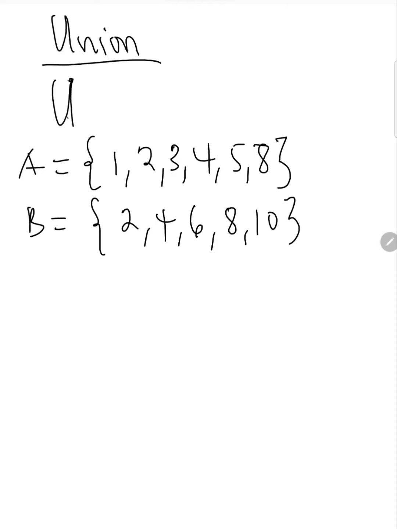So now we have these 2 sets. Now to find the union of the set A and B, so A ∪ B will give us, we are looking at the elements that belong to either set A or set B or both. So what it means is,